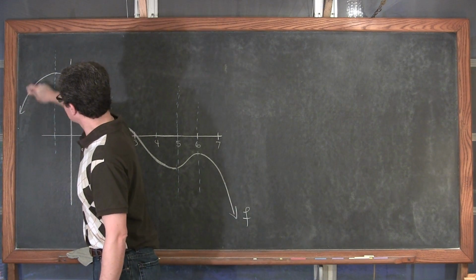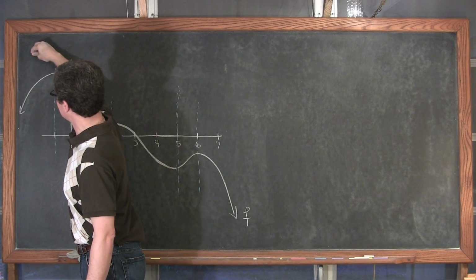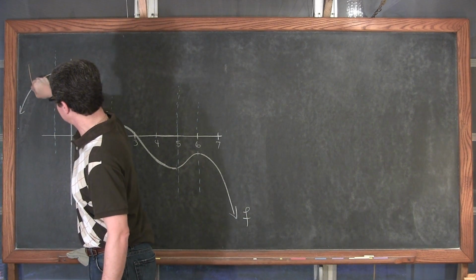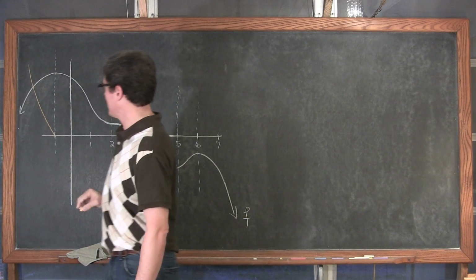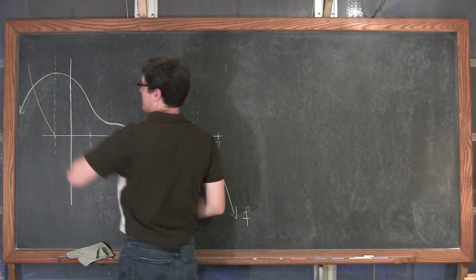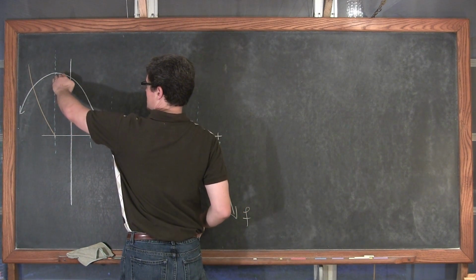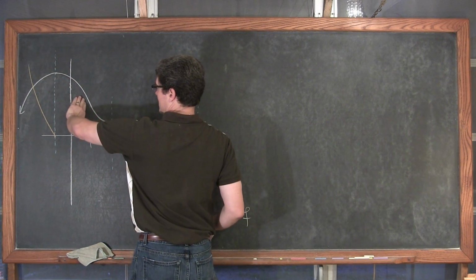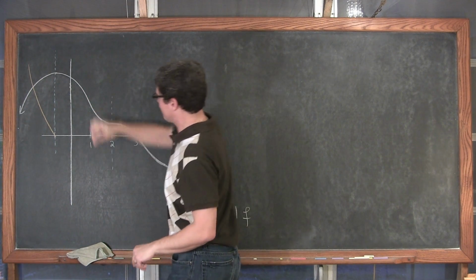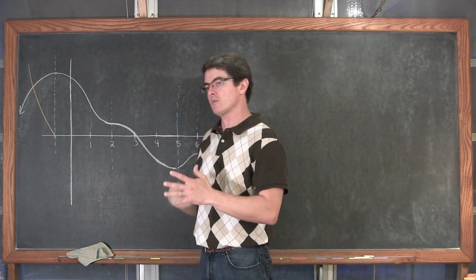So very, very positive, very steep positive slope for the original function. So maybe it's coming through here like this, and our first derivative is crossing through the x-axis at this value of -1, where the original function has a slope of 0. Now the original function has a slope which is starting to fall, so it's negative. And it seems like about right here, the original function has a slope that's going to get about as negative as it's going to get, or as small as it's going to get.